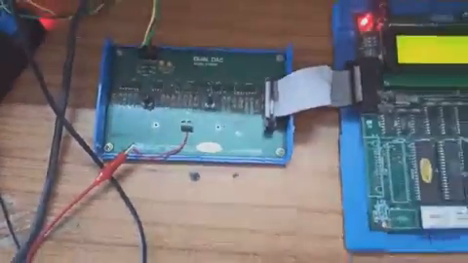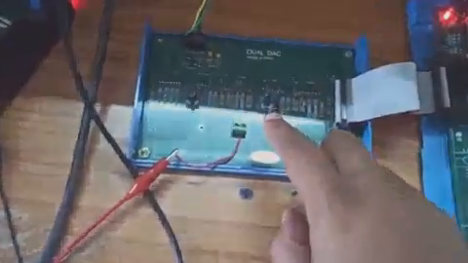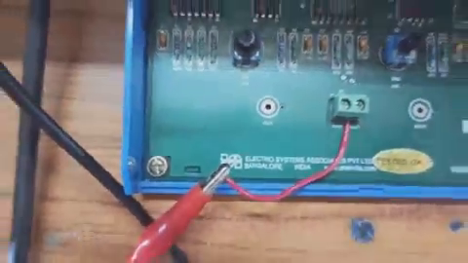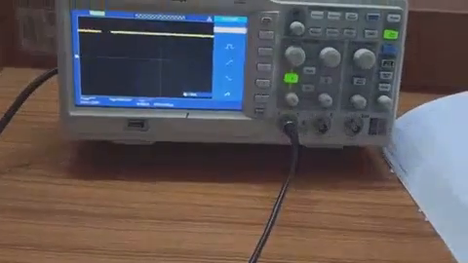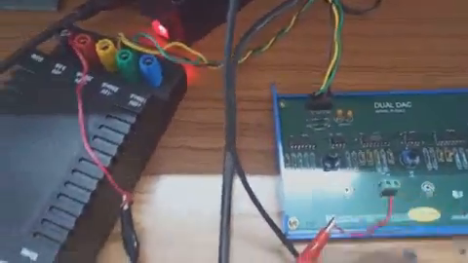The DAC is connected to the 8086 kit using this FRC cable, and the output is taken from the X out terminal. A wire is extended here. Now we need to observe the output in the CRO. The CRO's positive terminal is connected to the output of the DAC and the negative terminal is connected to the ground, which is already there in the adapter.